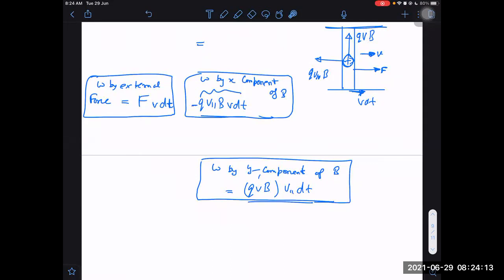But we can say it is something like this, that the magnetic force is transferring the energy which it would have gained in X direction to Y direction, right? In which direction would this have gained energy normally in the absence of magnetic field? In the absence of magnetic field, due to this F, it would have gained energy in X direction. But what is the role of magnetic field here? That is able to transfer it to Y direction. It is just changing the direction. It is just transferring it to Y direction. But is it doing any work? No, it is not doing any work.